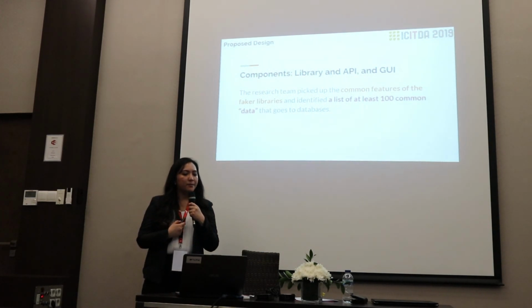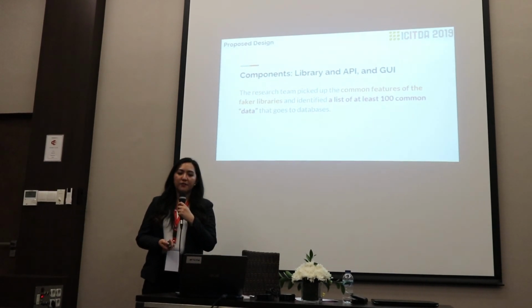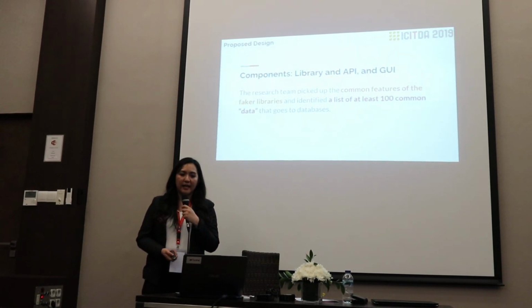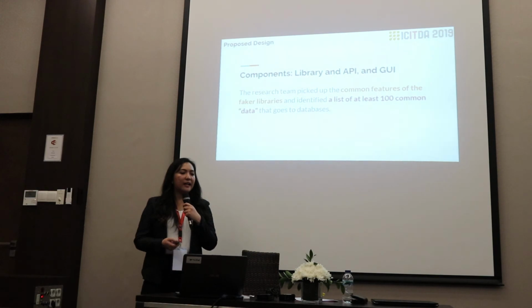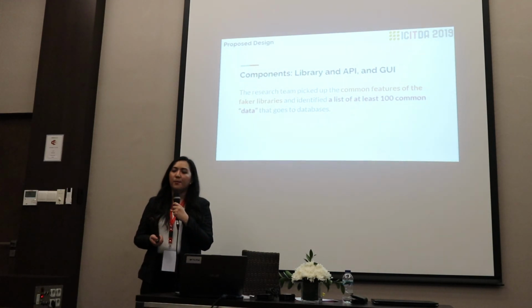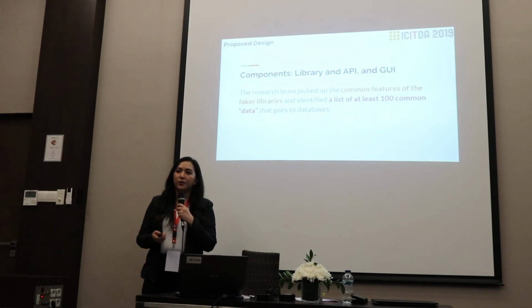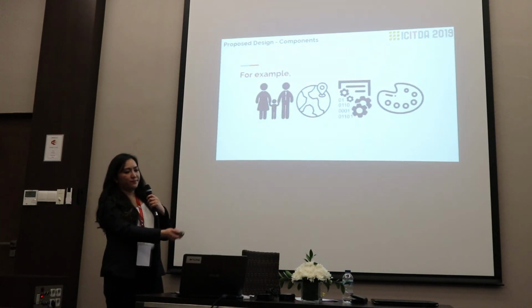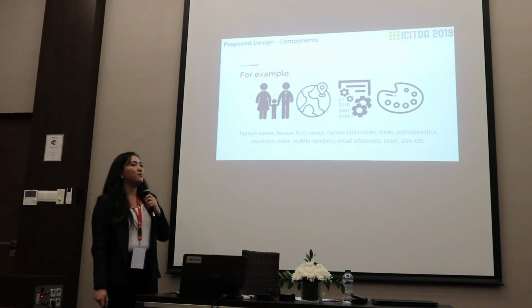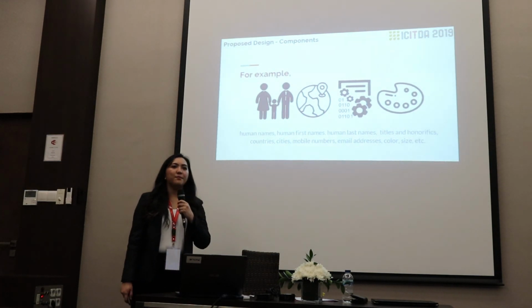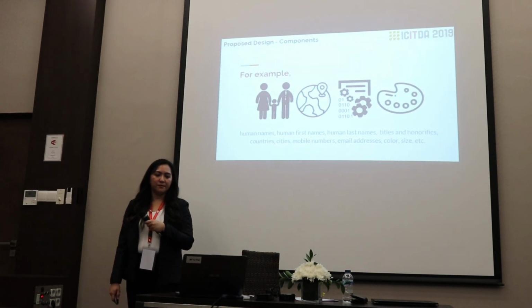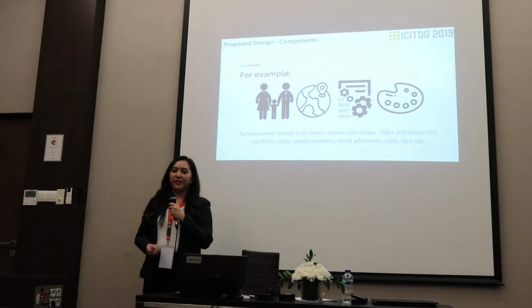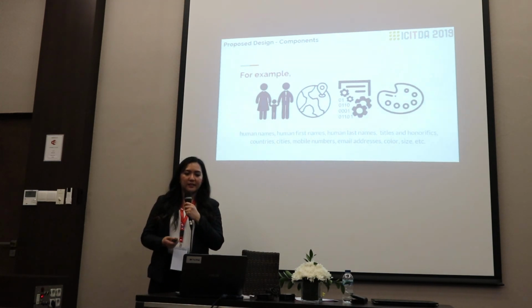The research team picked common features of the Faker libraries and identified a list of at least 100 common data types that go to the database. So, for example, we have human names, human first names, human last names, titles and honorifics, countries, series